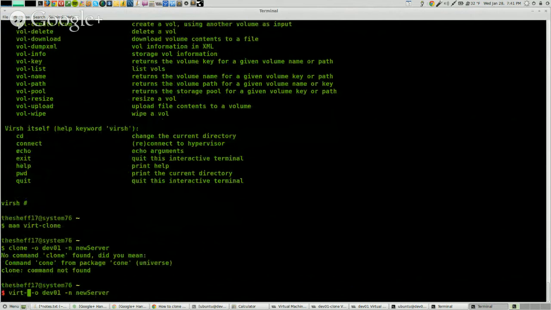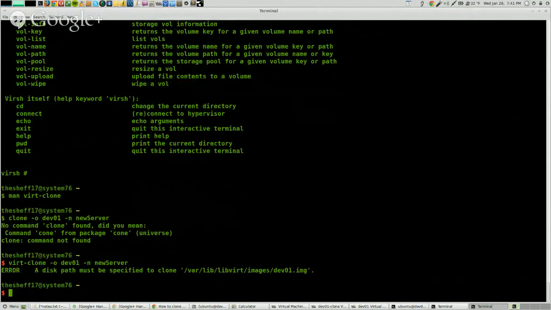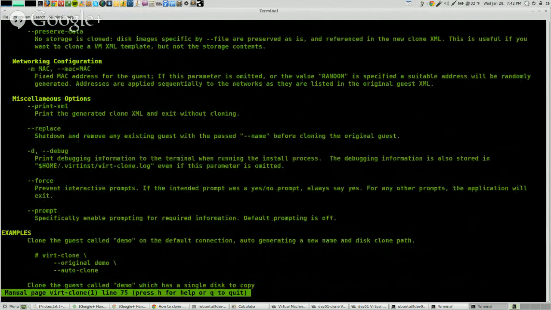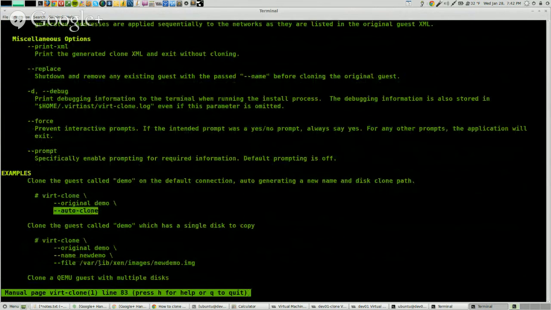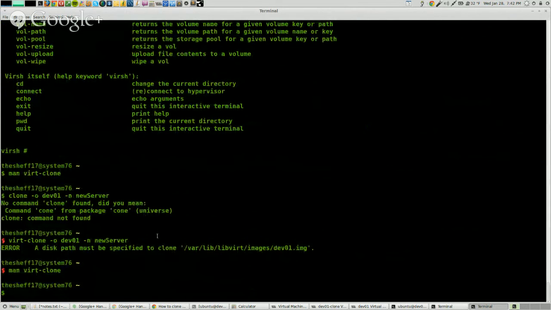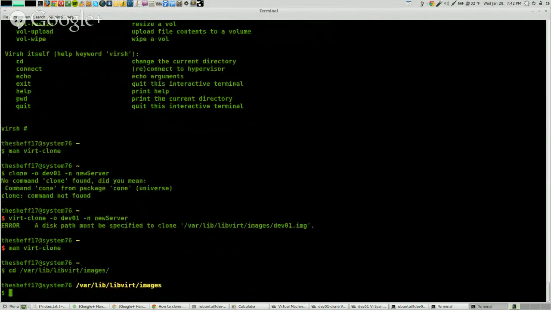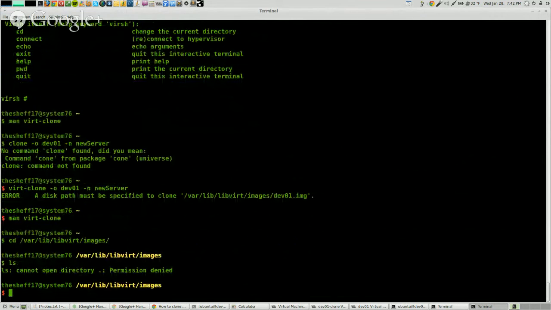And if you use the right command, path must be specified to clone. Interesting. So this command's even changed over time too. There's an auto clone, so it actually wants where I want to put the virtual machine. Ugh. It's always fun when commands change. What's interesting too is that,